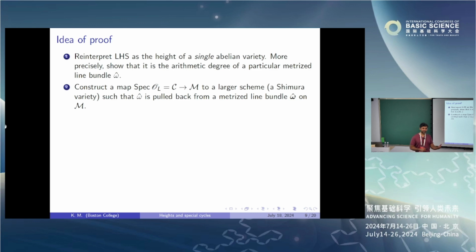So he noticed that there was a particular line bundle on a particular Shimura variety where he could compute its height. And he noticed that this was actually related to the Faltings height of some CM abelian variety. And then you notice that you could prove the Colmez conjecture in this way.